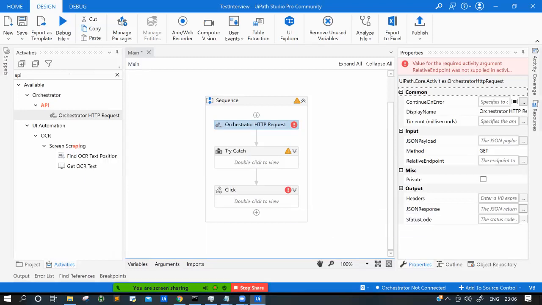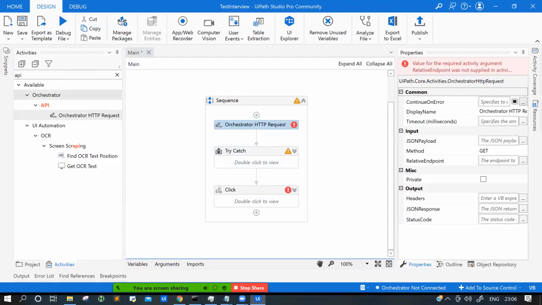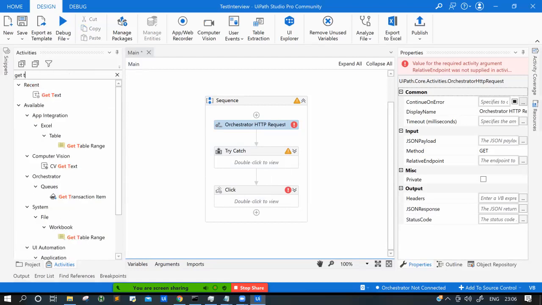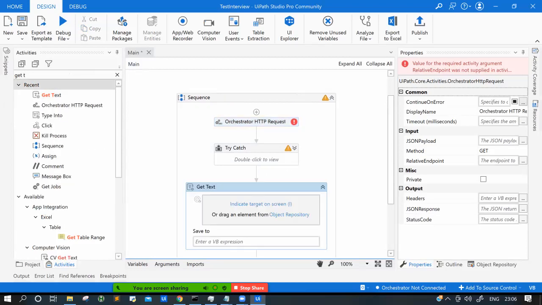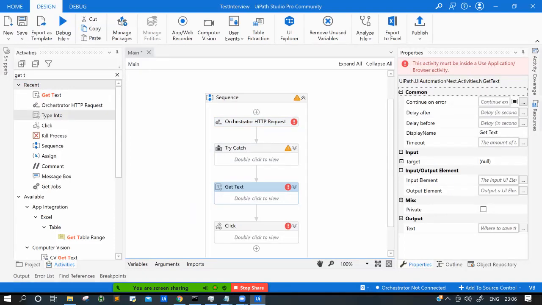Always see the outputs also. For example, for the activity I'm using, what output am I getting? If I take Get Text, which is basically to get the text from the website, what output does it return? It returns a string, which means after that you can do manipulations. Usually people will ask about Get Outlook Mail Messages.